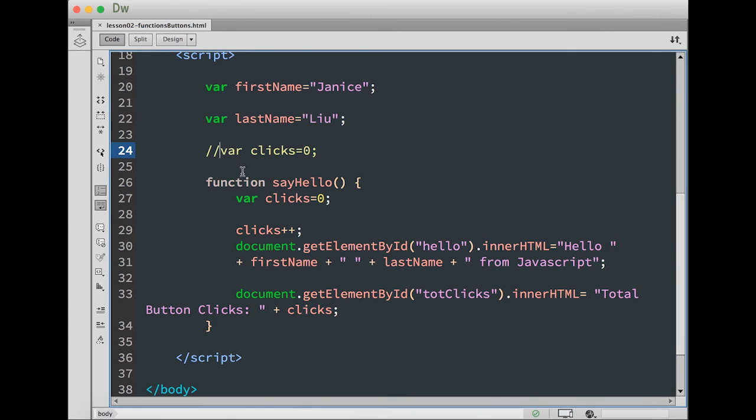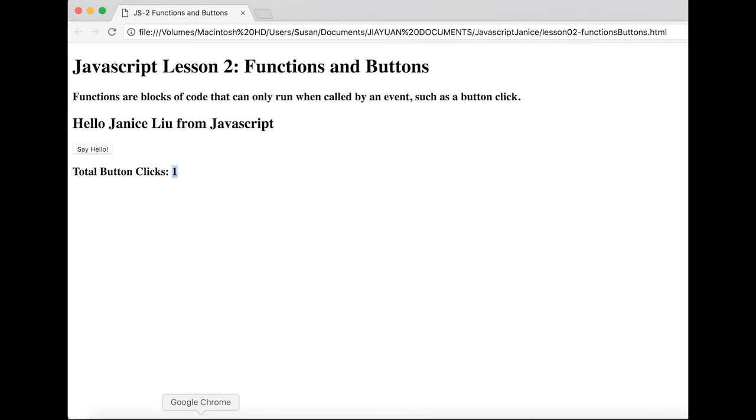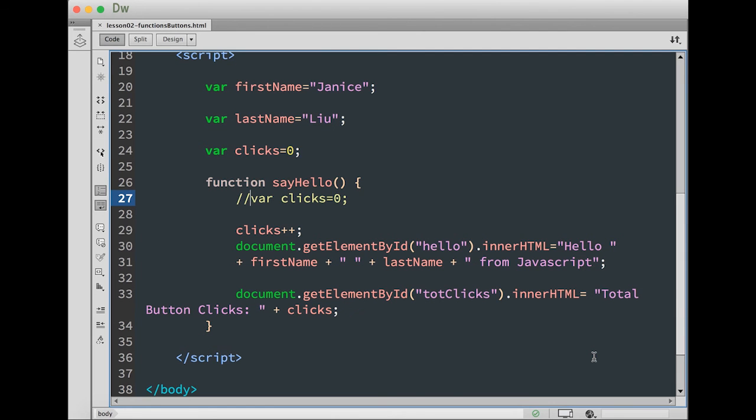Let's restore the global variable and comment out the local variable. Save and refresh your browser. And now it's working great again. To wrap up this lesson,